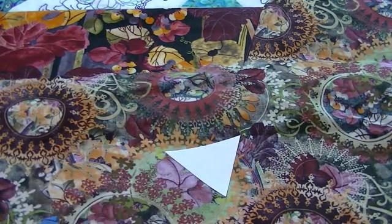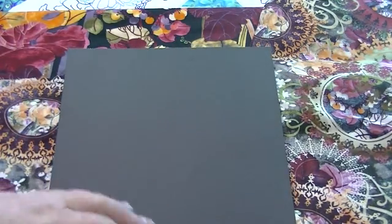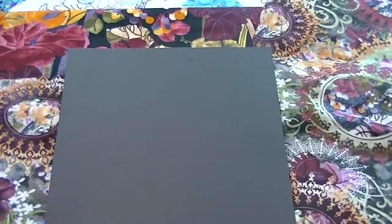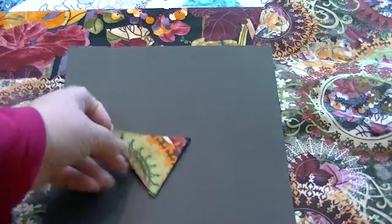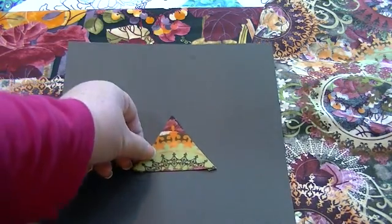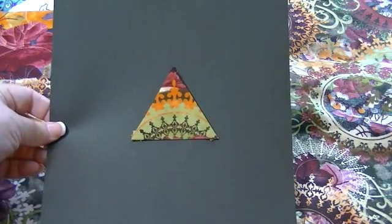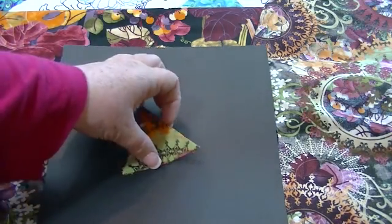And when I got done with that one and had a little play around with it, I had so much fun seeing what the end outcome was. Sorry, I just shook the camera. Here is what it looks like once I glued it. Isn't that pretty? I know that it just looks like a couple circles to you, but let's have some play with it. What if,